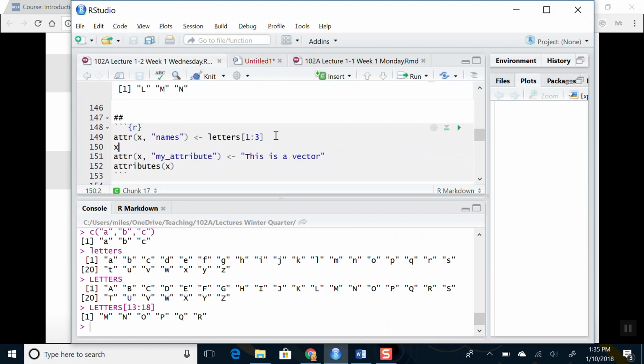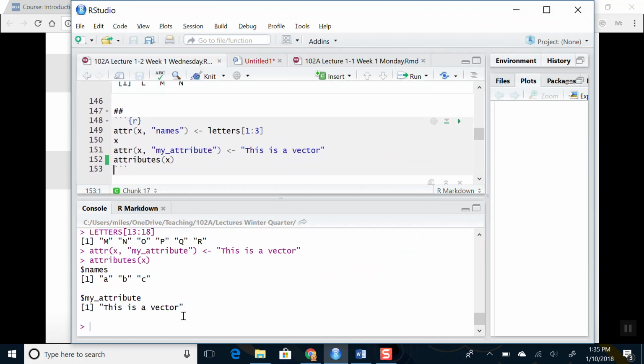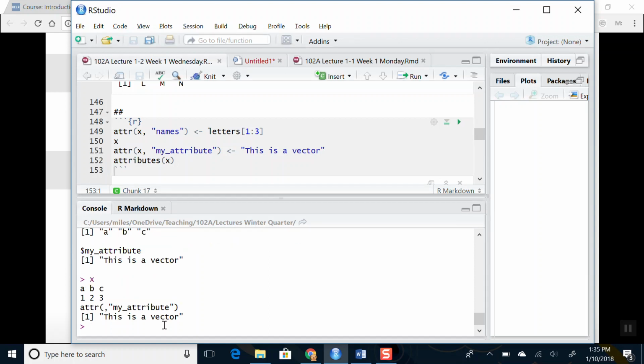So here we'll do this. x has this, and if I print out x, it's going to print out 1, 2, 3, A, B, C, and then it's going to say, hey, you also have this other piece of information that says this is a vector, and then if you want to add even more stuff to it,